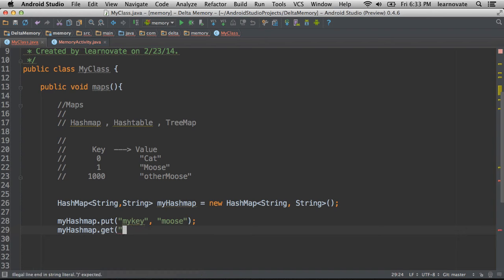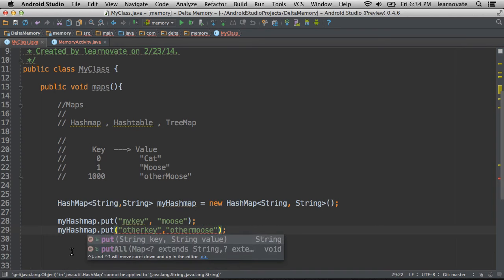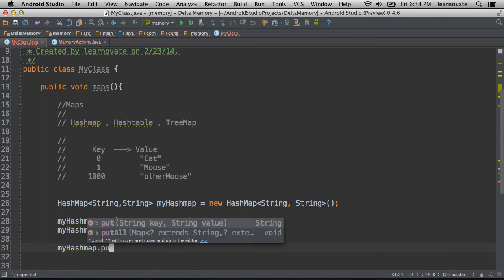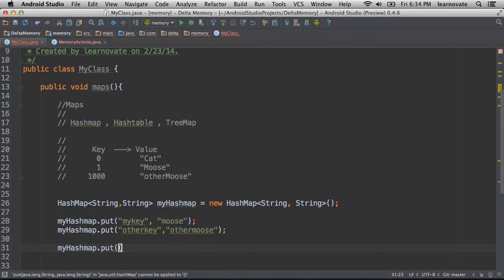Now I can use other keys as much as I want, as long as they're strings. Oops, we want to change that to put. So this allows us to have a structure that's really useful for specifying details that make human readable sense to us. Let's say I wanted to actually use this as a